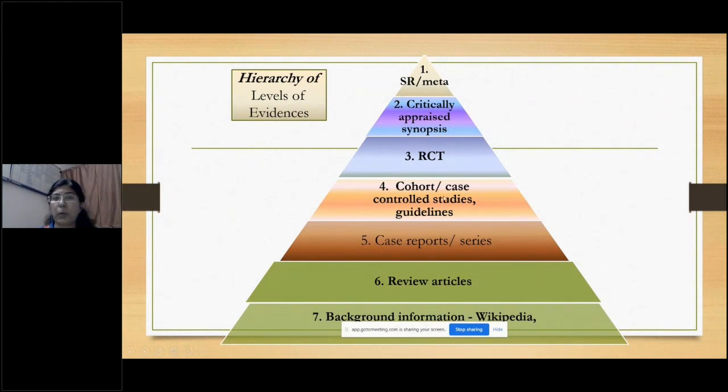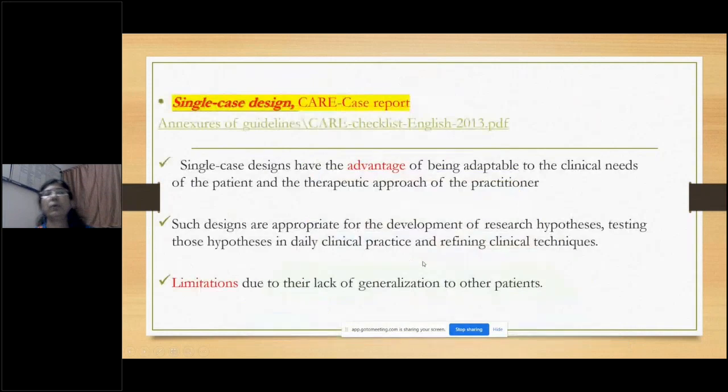Today we will discuss cohort, case control study design, and case report. First of all, we will discuss the single case design. It is based upon the CARE guidelines. If we go through the CARE checklist, you can access it directly through the Equator Network. There is a checklist updated in 2013, and there is a clear-cut guideline on what to do and which things should be incorporated in our design. It is a good one, and it has the advantage of being adaptable to the clinical needs of the patient and the therapeutic approach of the